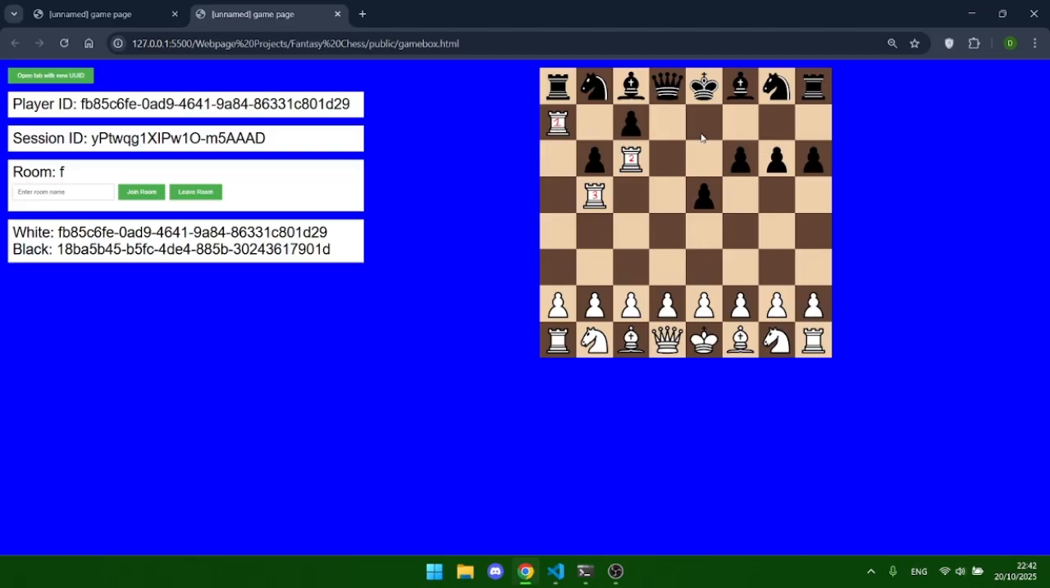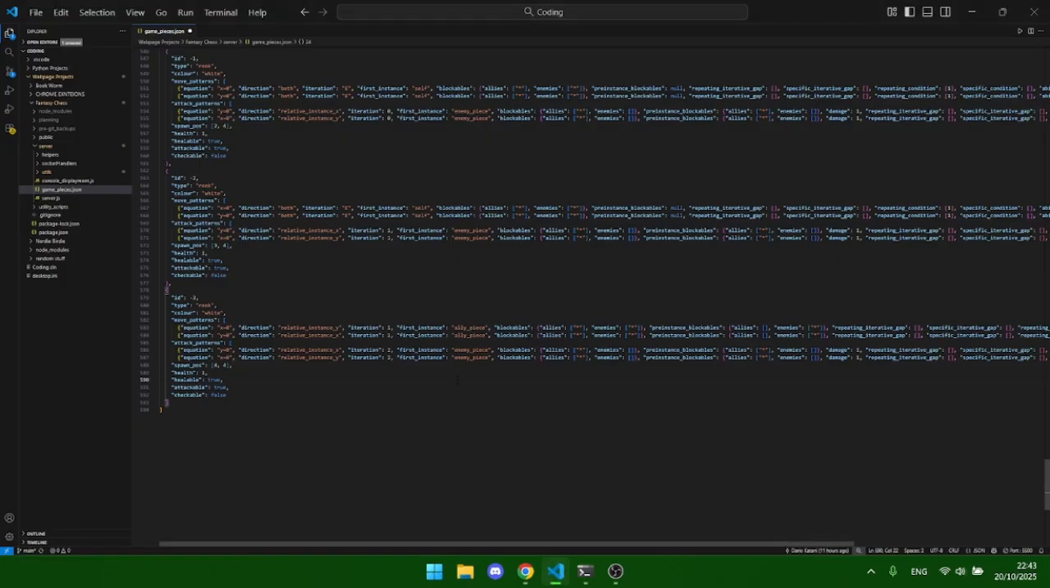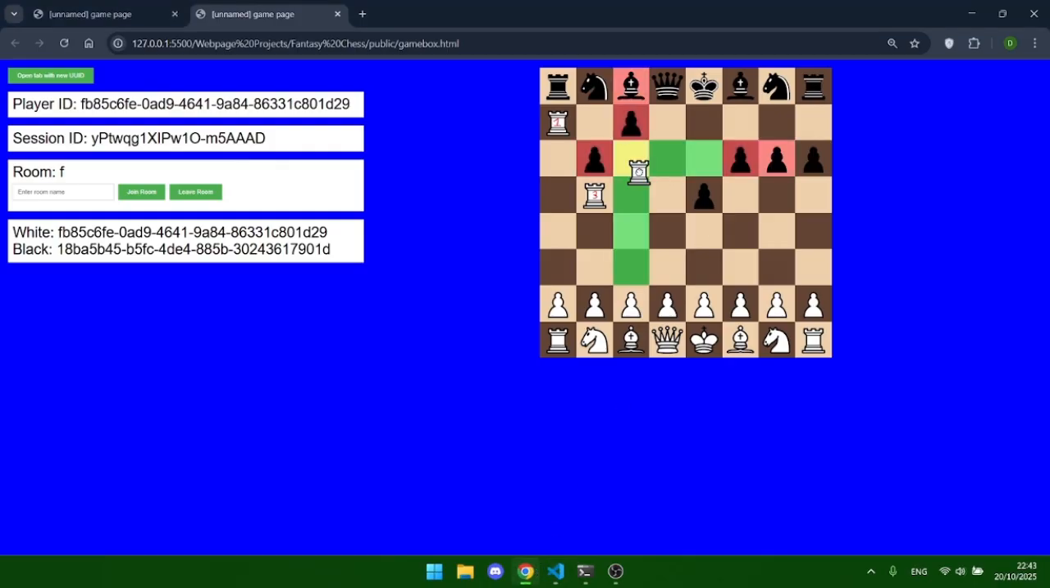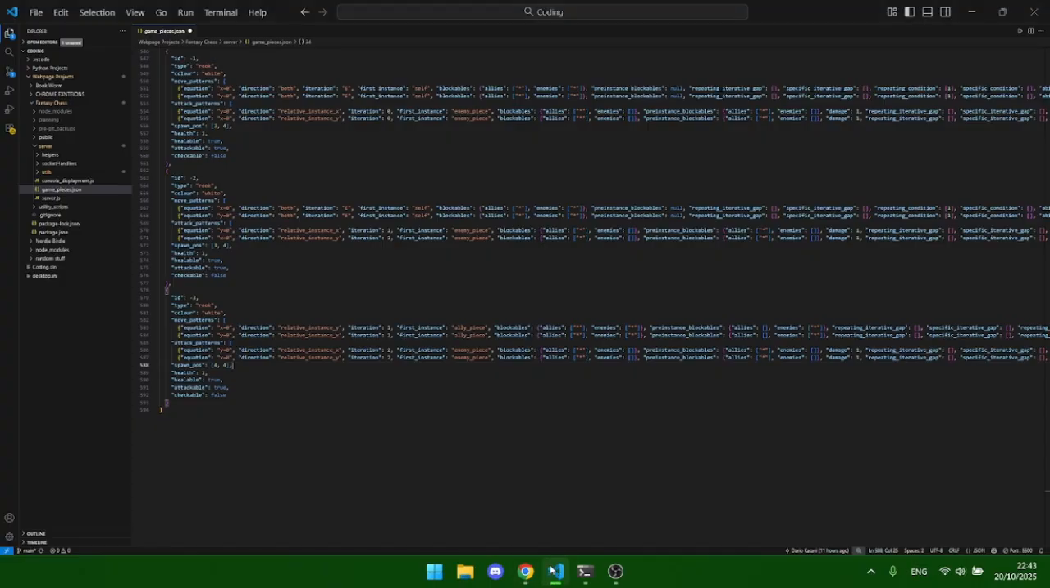But the problem with setting the first instance and having that direction be both is that it starts iterating both ways, which first of all doesn't make a whole lot of sense. If I'm finding the first piece, then why am I counting both ways? I should only be counting in one direction. And the second problem is with the pre-instance blockables,